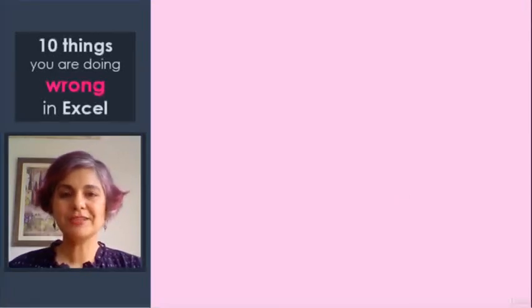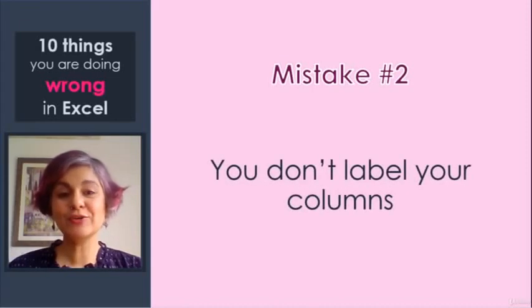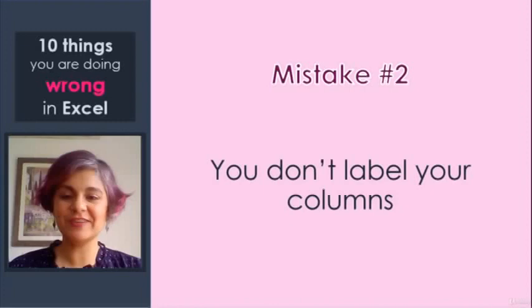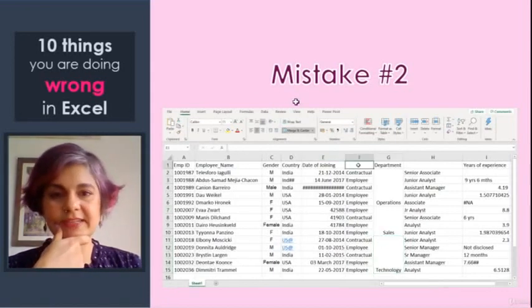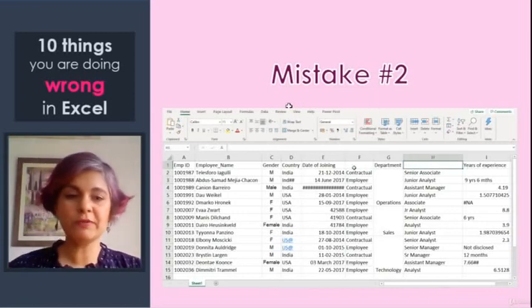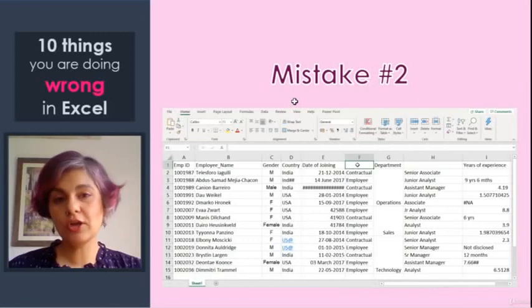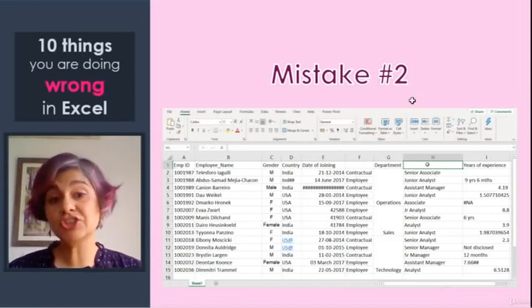And let's jump into mistake number 2. Again, a common one. And this is that you don't label your columns. Let's look at how we can fix this in the spreadsheet that we are using in our project. So here we have the Excel sheet, and you can see that we have these 2 columns where we don't have any headers. It's really important that before you start working on any data, you have column headers for each of your columns, because without this you will not be able to perform a large number of operations on this table.